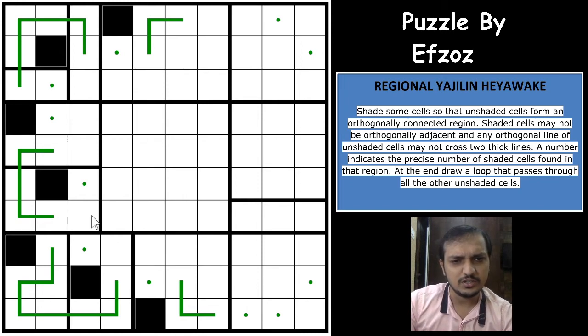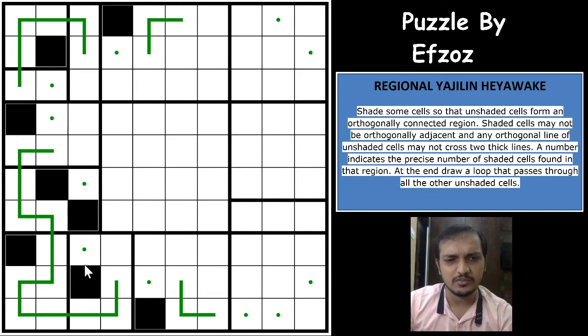What happens if I shade this cell? I get something here is that this cell would connect to this point, and then you have a white cell stranded in between having no loop connection, right? Which means that this cell wouldn't be shaded, and now crossing more than two thick borders, this cell would have to be shaded, right? So this goes up, this comes this way, this becomes unshaded,